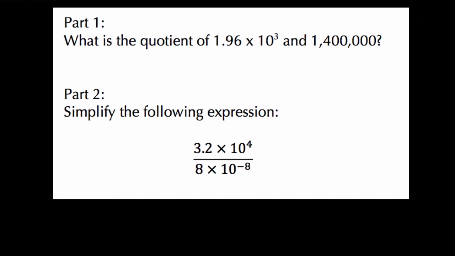Okay, here we're looking at the quotient. That means we're dividing, right? So here it says what's the quotient of 1.96 times 10 to the third and 1,400,000. That means we divide the two. I'm going to write it like this,